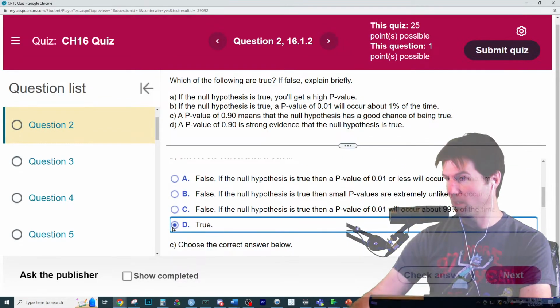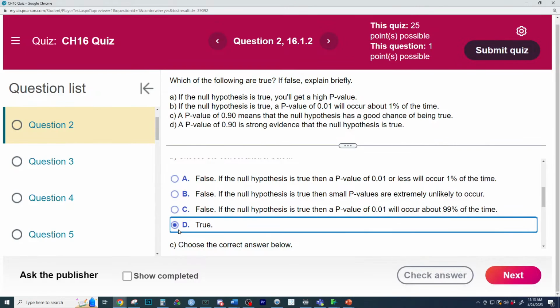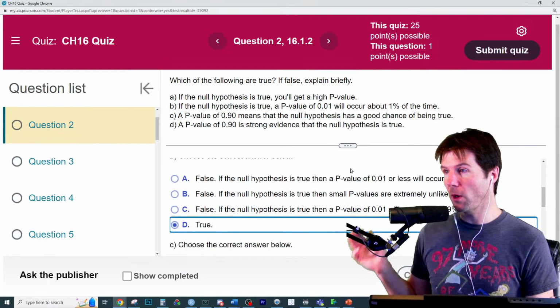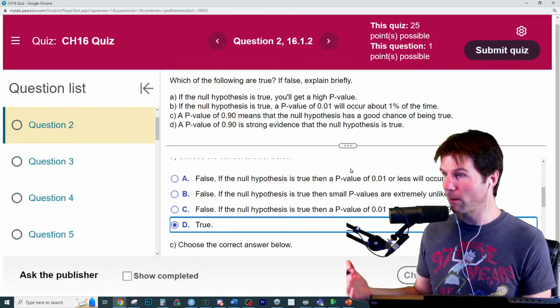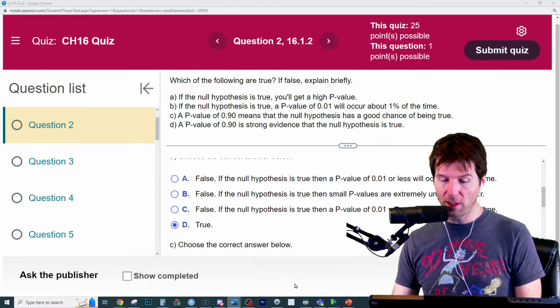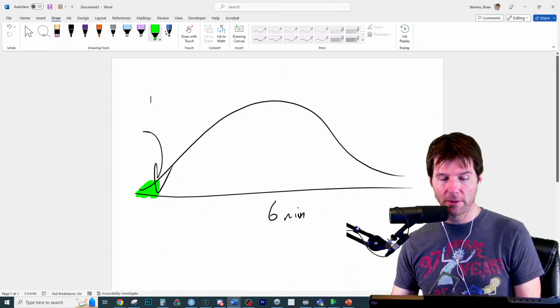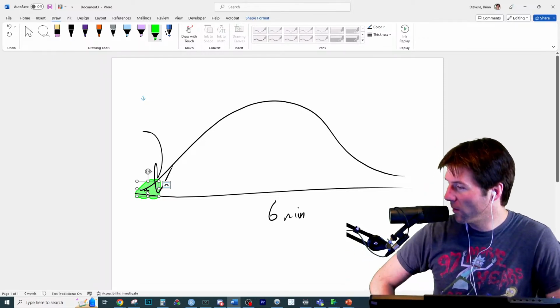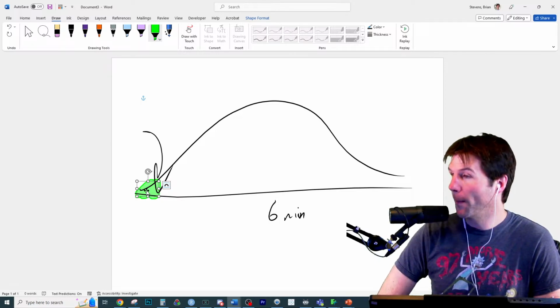Let me read the false statements just to double check. False, if the null hypothesis is true, then a p-value would occur 99% of the time. If the null hypothesis is true, then small p-values are extremely unlikely. Well, I mean, that is unlikely. If the null is true, then a p-value will occur less than? No. See, the learning objective on this really isn't great because a p-value is the probability of our results or a result more extreme occurring by random chance variation given the null is true. So if Brian is a 6-minute mile runner, then he will run a mile this fast or faster 1% of the time. Isn't the error rate just like the likeness? Yeah. Mm-hmm.